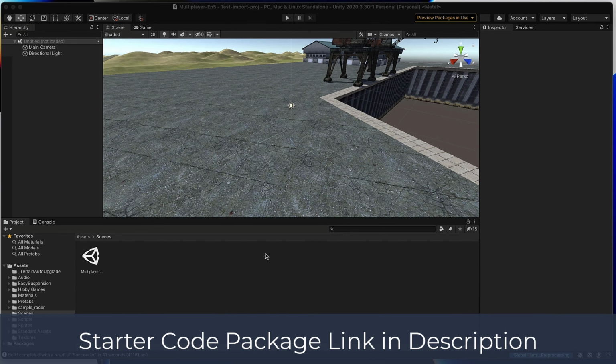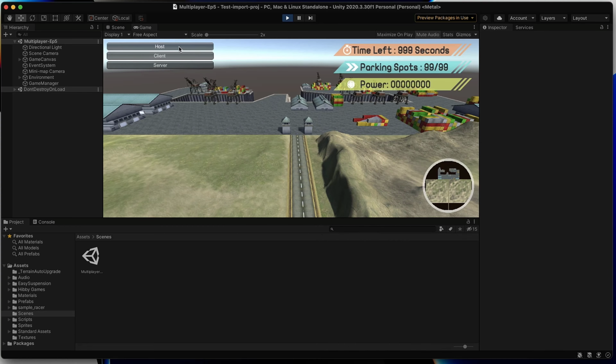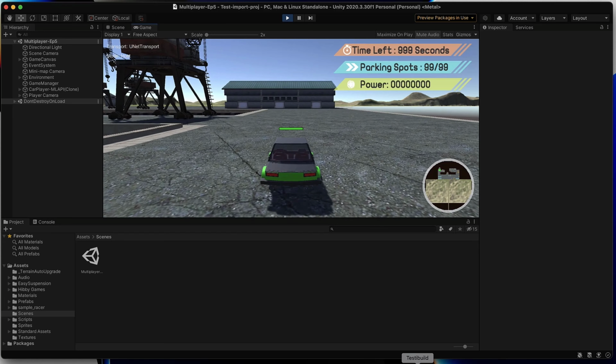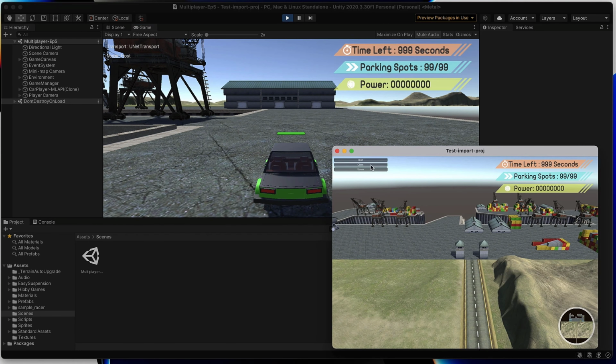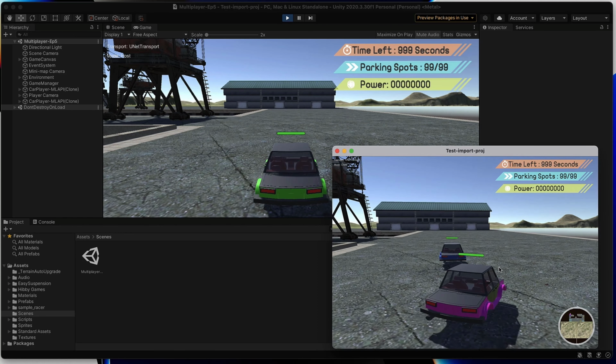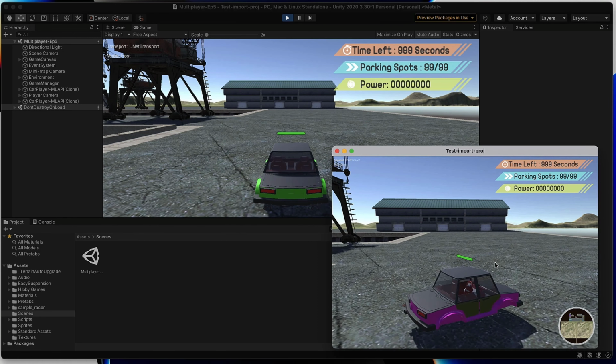So last time we had built our project, we had our game playing, and we had 2 players in the game. But the issue we ran into is that when we actually played our game with our host and our client, we didn't see one-for-one movement in the game. So let's check out what I mean. I'm going to click host here within my Unity editor, and move my player character up a little bit. Then within our built game, I'm going to click client. And as you'll see, when I move my client player around, you don't see any movement reflected in the player's game.